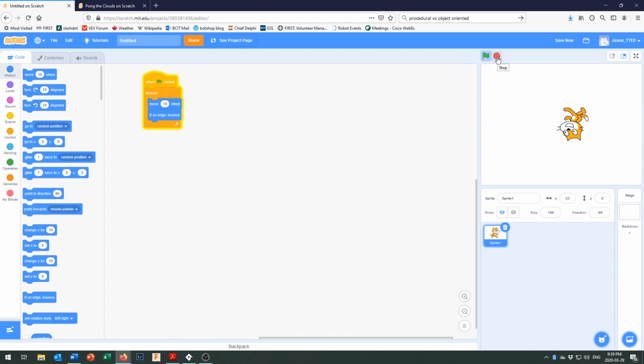And the cat is now moving back and forth across the screen. You can also add a point towards mouse pointer. Okay, and you can point towards a number of different things. Right now, mouse pointer is the only option, but as we add other sprites to the game, more things are going to show up. So we can start them moving around there,